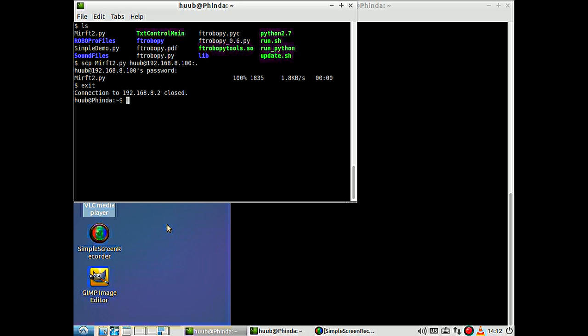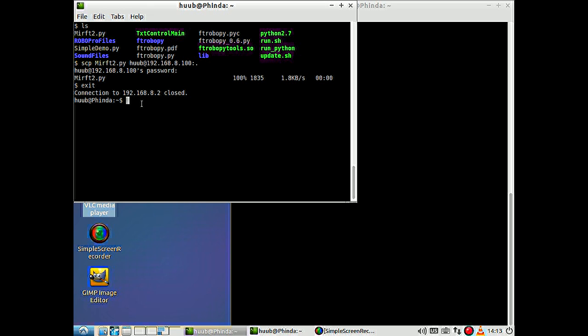Like with the other community kernel, I had to completely reinstall Python, FTRoboPy, etc, etc. Now by copying everything, I copied indeed everything, including the settings for the static IP address. So what I'm going to do now is make them different, so I can use both at the same time. And to accomplish that,